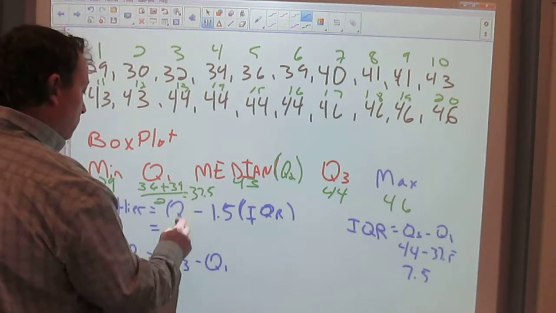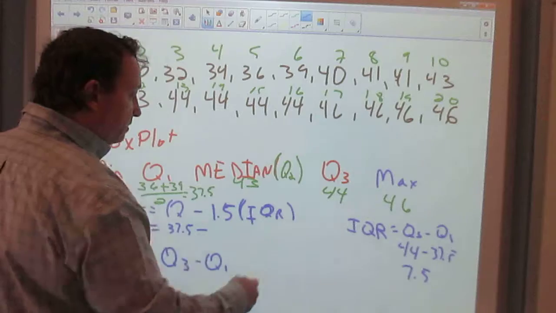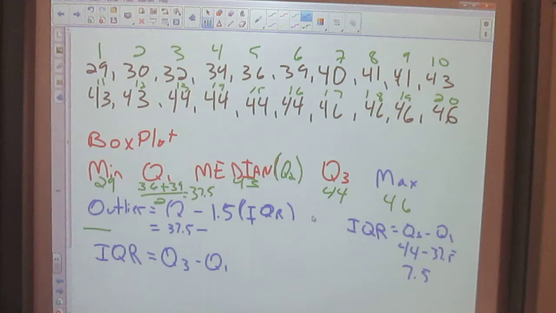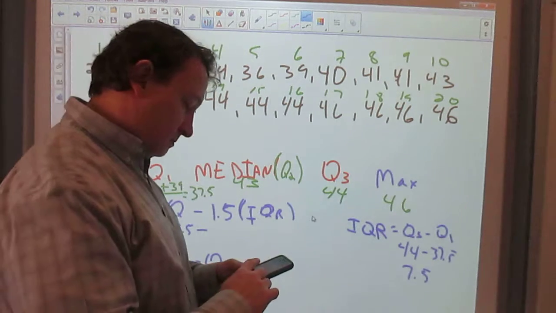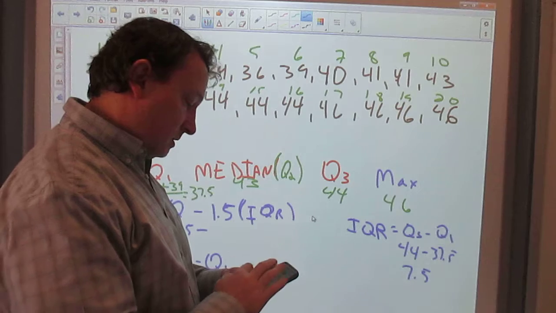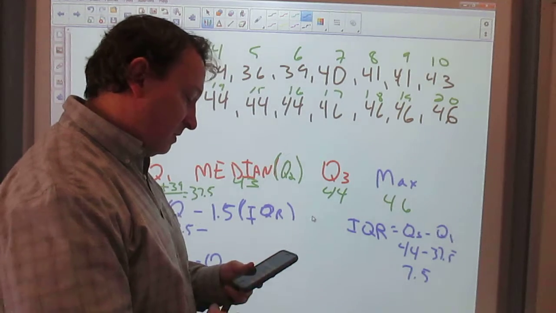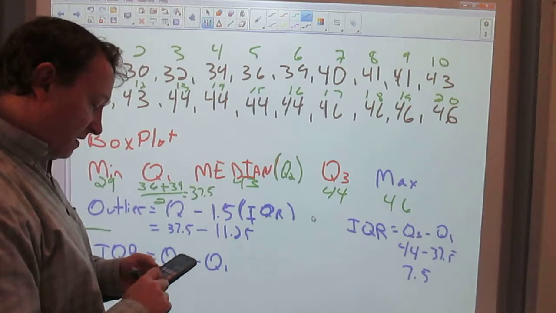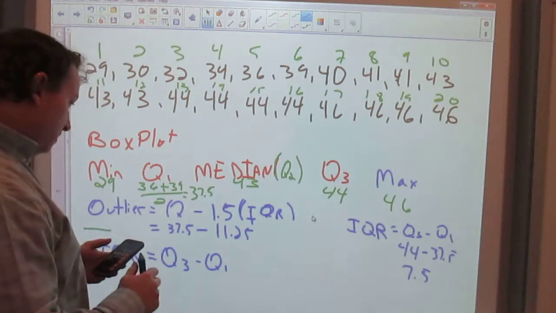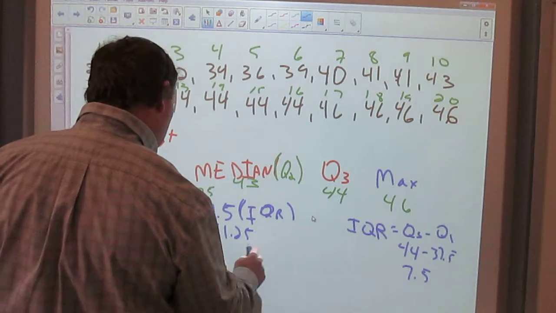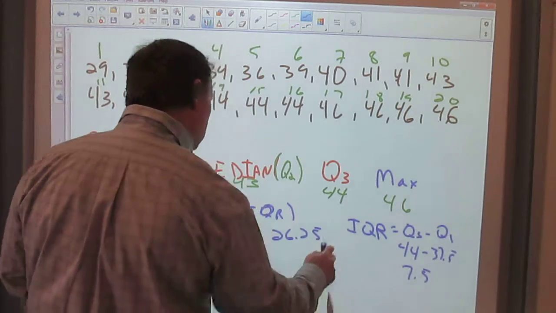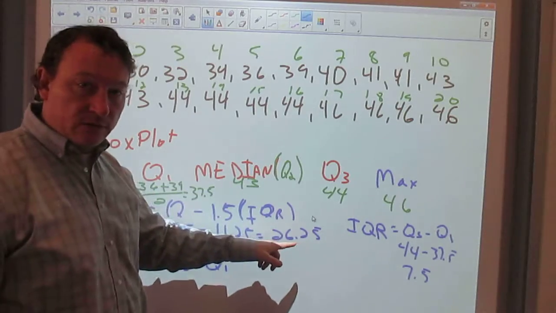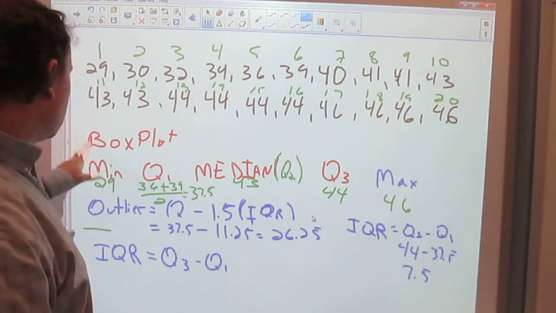So quarter 1 is 37.5. When I do 1.5 times 7.5, you get my trusty calculator. Clear. 7.5 times 1.5 is 11.25. And then if you do 37.5 minus 11.25, you get 26.25. 29 is not smaller than 26.25, so there are no outliers. So we're just going to use the basic